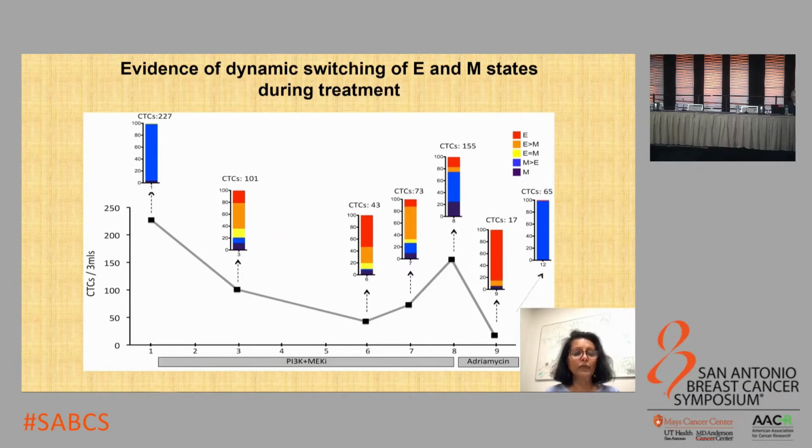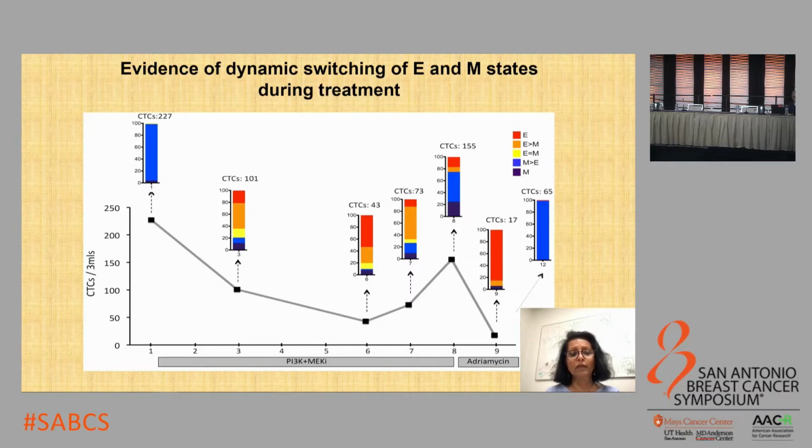The patient was treated with a combination of inhibitors against PI3 kinase and MEK. The patient responded, the number of CTCs declined, and they also switched their lineage to an epithelial phenotype. When the patient progressed, the numbers increased, and you can see there's increasing CTCs that are in the mesenchymal state. And this cycle actually continues, where the cells continue to oscillate between epithelial and mesenchymal states depending on where they